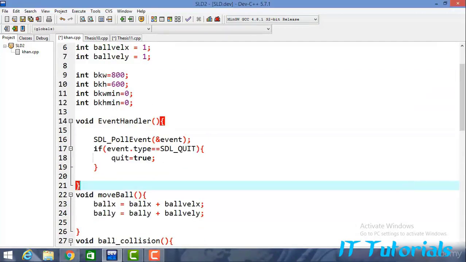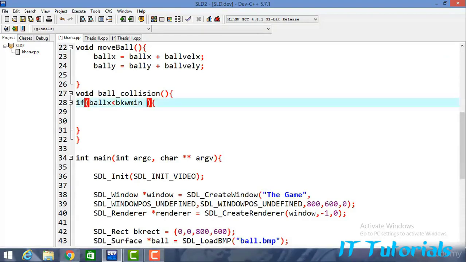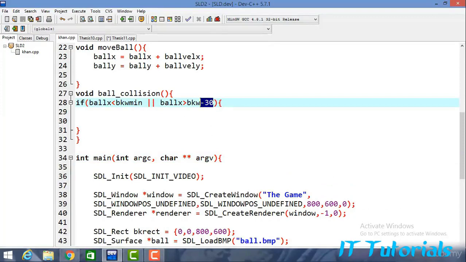Now for the other side, let's make the if condition that will be made by ORing it with this condition, and that will be made only with the background width. That is, OR ball position at x coordinate is greater than the background width minus 30. I'll come back to this 30 later, but first let me tell you what these 2 conditions will do with the ball. For this, let me run this